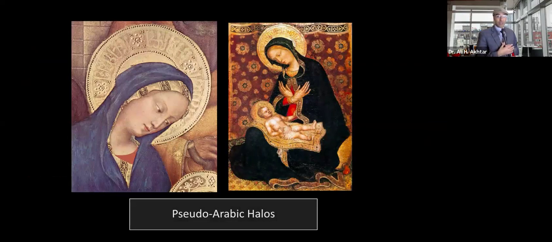And we also see here in other examples how the halo around Mary also uses that pseudo-Arabic. And you have to wonder whether coins from the Islamic world that were also part of the souvenirs and treasures that people collected as they came back to Italy, whether the Arabic calligraphy on Islamic gold coins also inspired the halos that you can see here. So there's the halo with the pseudo-Arabic, and then these bands on the veil also have this pseudo-Arabic, and on the right also.